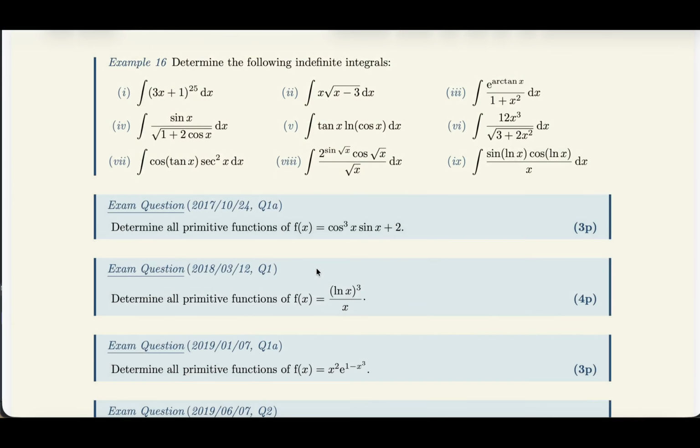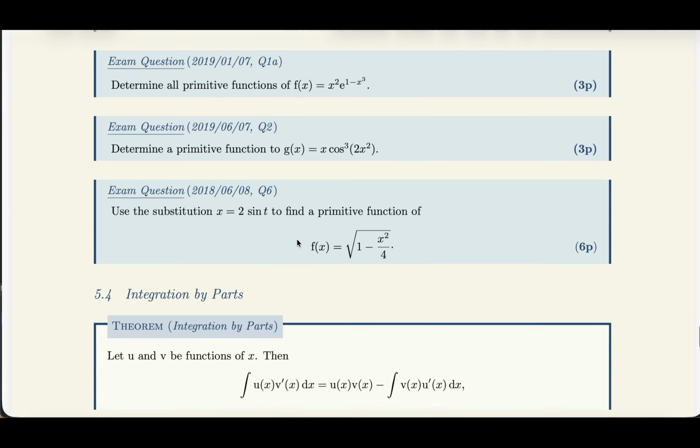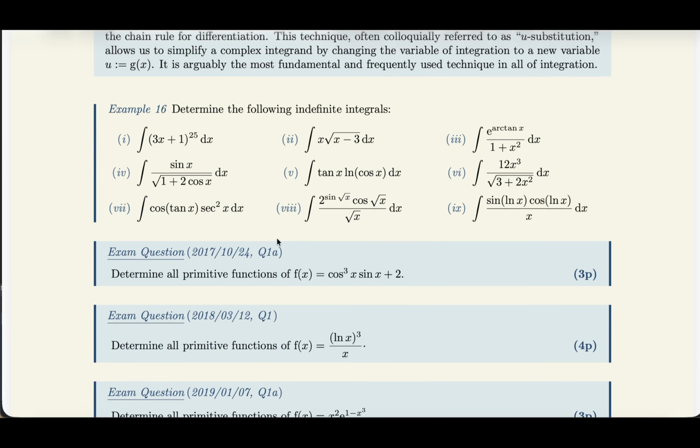So here there are a lot of exercises. Please try to do all of them at home and especially exam questions. There are many of these questions there. But let me pick some for you. For example, let us start with this simple one, number 1. And